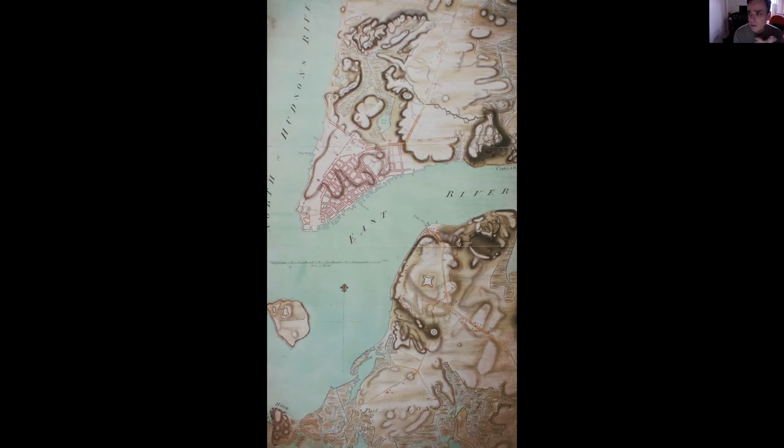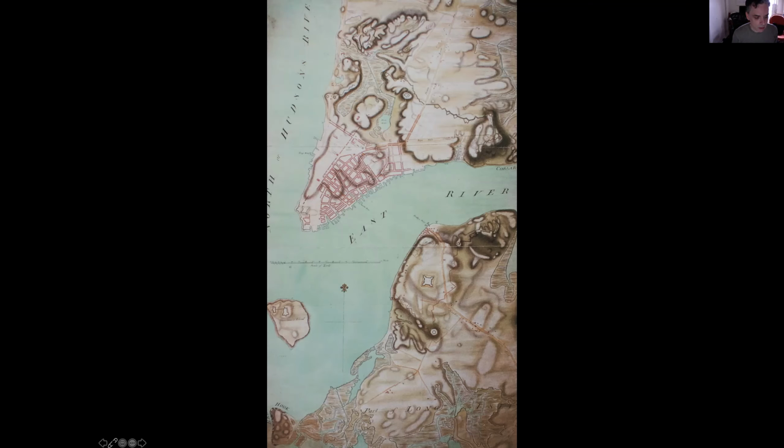So there was the Great Fire of 1776. There was a big fire in 1811. The other really big one was 1835, which we'll talk about later, that had major repercussions for the development of the city. And then there was one in 1845. The 1835 fire burned something like this whole part of the city. And then the 1845 fire burned something like this part of the city. And 1776,